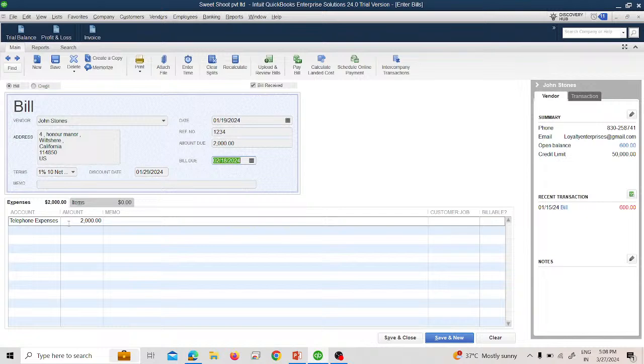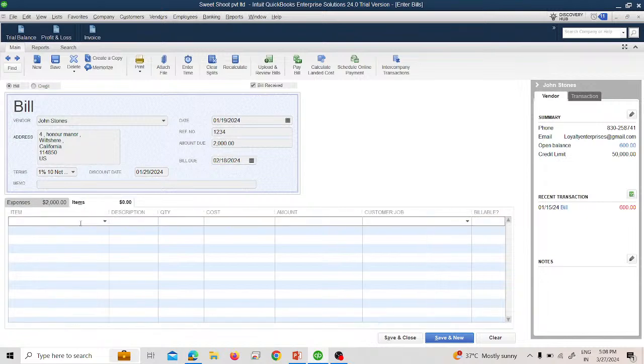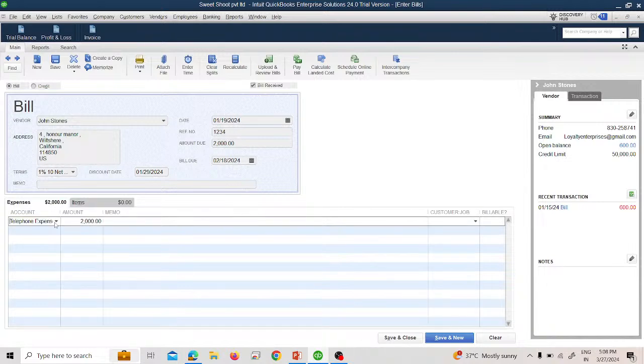Okay, but what we received, we receive the equipment. Here we have already created the equipment, that's why we are using the equipment on the expenses. Suppose we are going to create the item, it will be an item of course. So the customer, okay, so just save and new. Now again